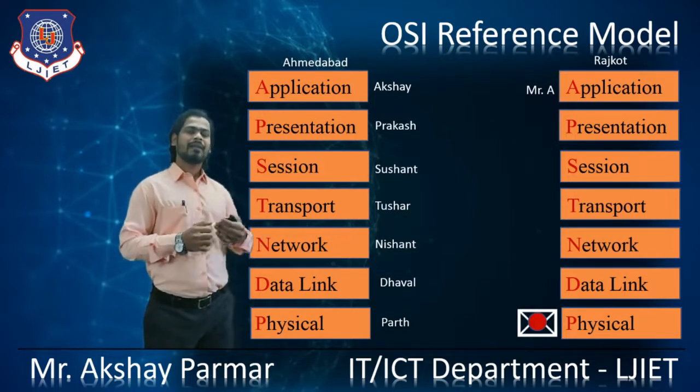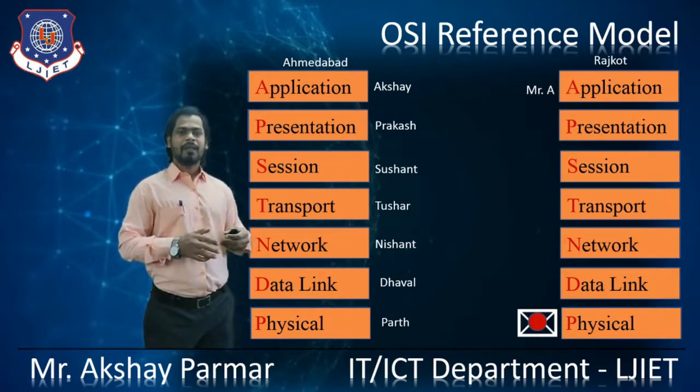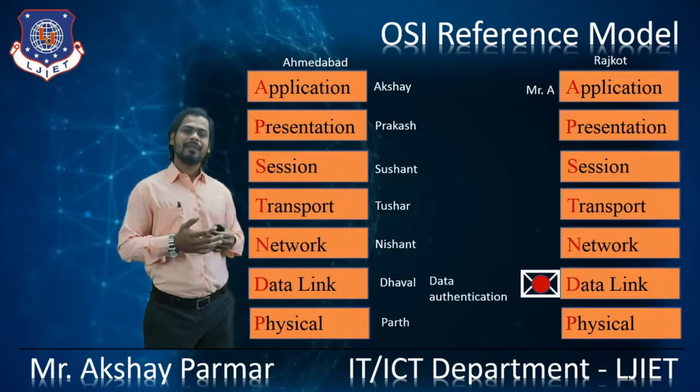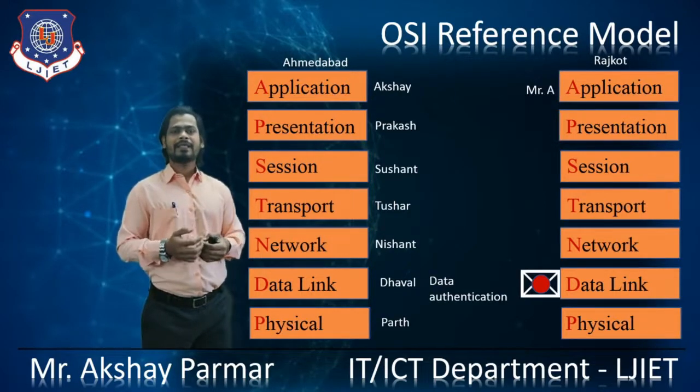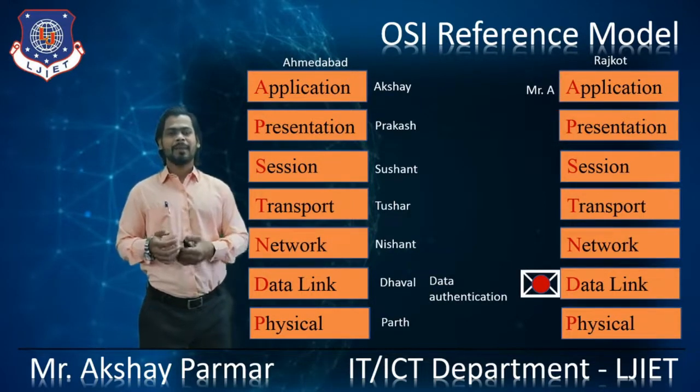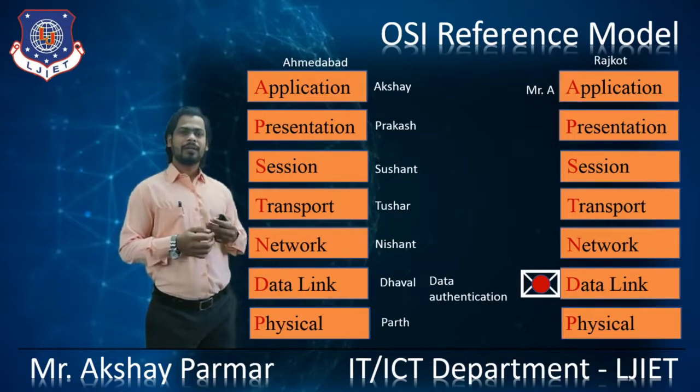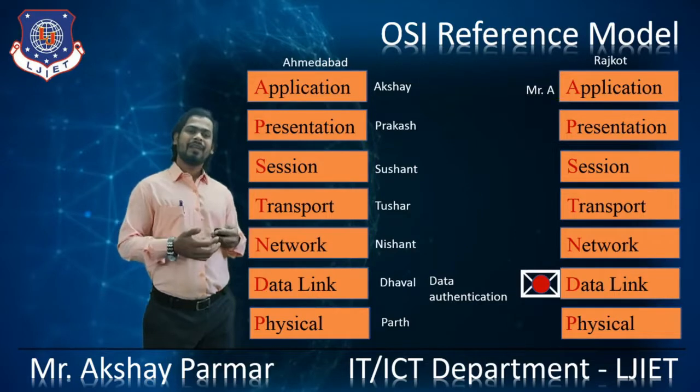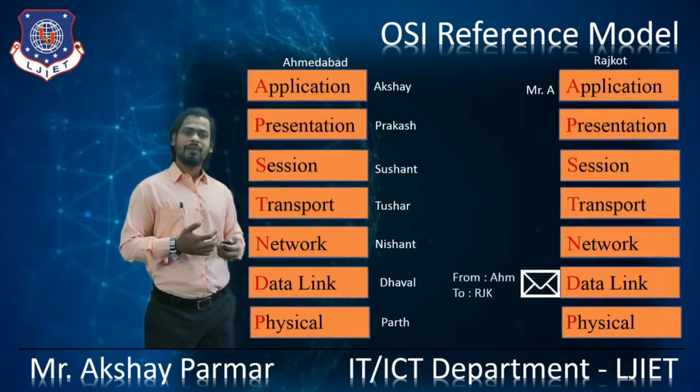Mr. P at the receiver end, the physical layer of Mr. A's company, will receive the sealed envelope. He will send that envelope to Mr. D. So Mr. D will assure that the seal is properly there, right? So no one has accessed the data in the middle of the transmission, so they can assure the data authenticity. So Mr. D will remove that stamp and give that closed envelope to Mr. N,